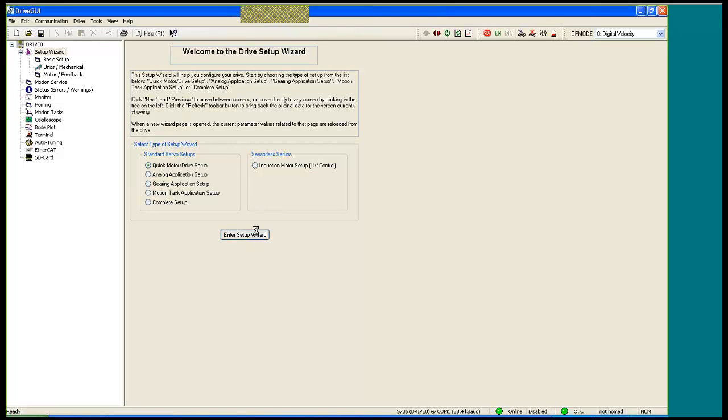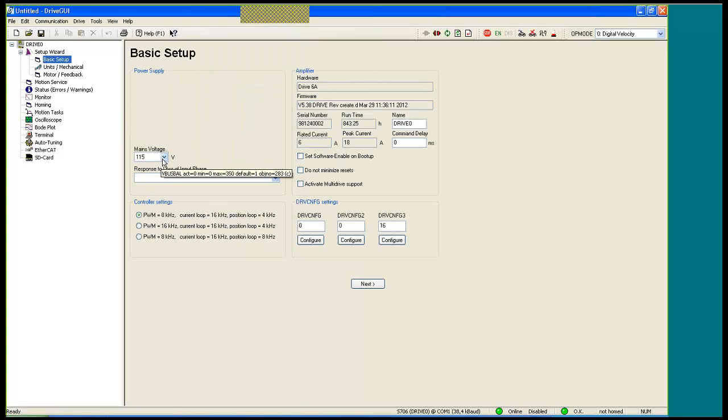So I'll enter the setup. The basic setup screen is the one where you would think I have to choose which operating voltage I'm going to work with, and how you want to manage phase loss detection. There is some standard drive information seen on this screen: serial number, firmware that's presently in the drive. You've got a runtime clock, a drive alias, and it tells you what the current ratings are. It has a controller setting for the PWM rates,